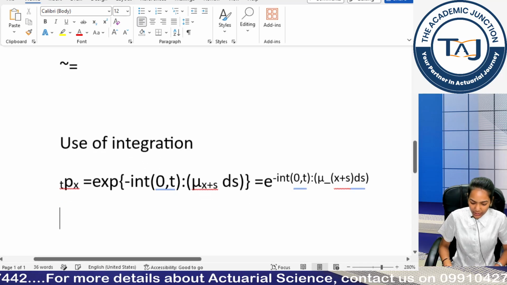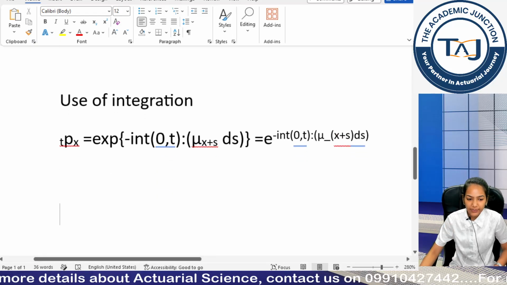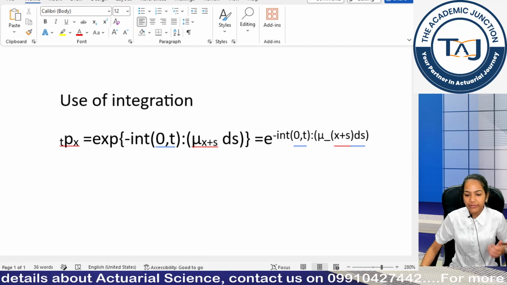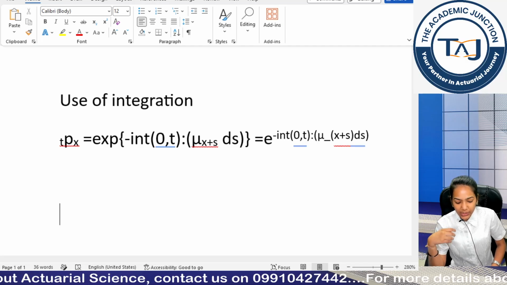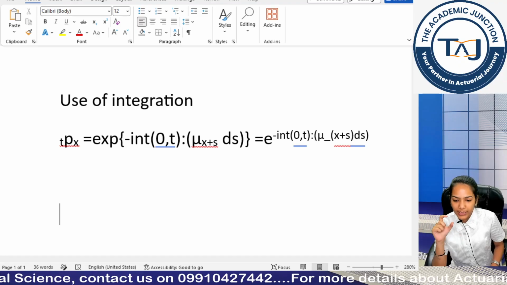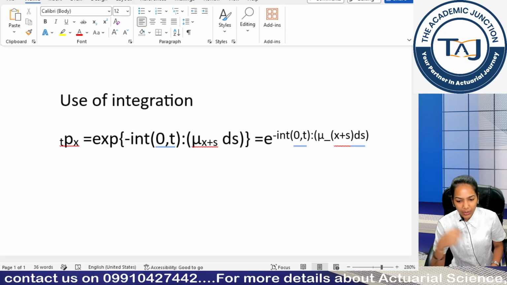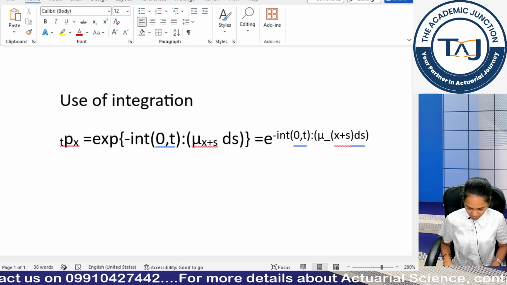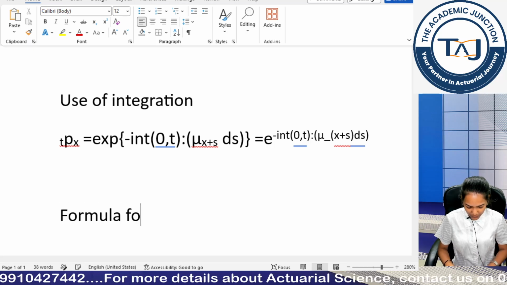Now let's try writing the complex equation for our mx. What is mx? The central rate of mortality. We have two integrations in the numerator and denominator, and we have tpx or mu x in the numerator and denominator as well. So let's try writing it from the normal approach and then from the equationator approach. Okay, so we are writing the formula for mx.